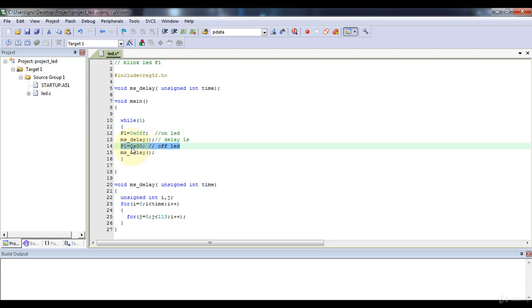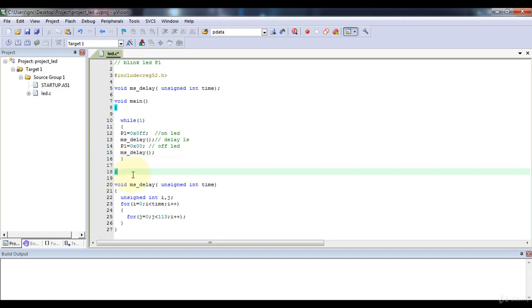Writing 0 will make those LEDs off because the pins of port 1 will get logic 0 values. Then again I will call some delay. Since I want this blinking operation in a continuous manner, I will include it under while(1). Most of the embedded codes, we always write under a while(1) loop.